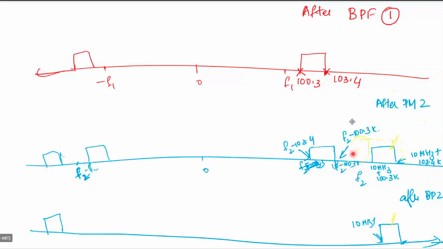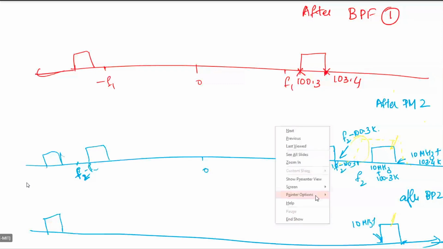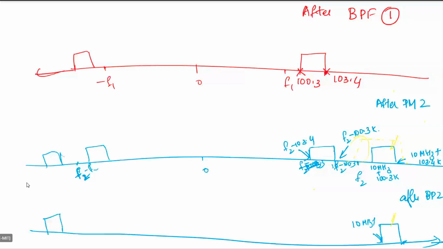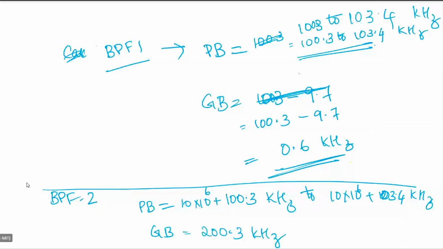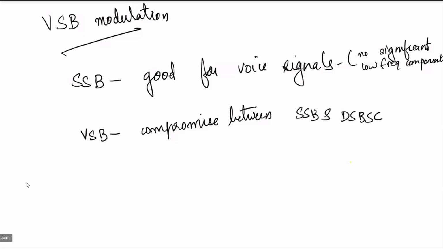Then this part of the spectrum, the lower sideband, will also come slightly after the band pass filter. That is not recommended. So we are taking the width, basically. Yes, the maximum allowable width for the transition band. Exactly, that is what the guard band is. So that was one problem with respect to SSB.